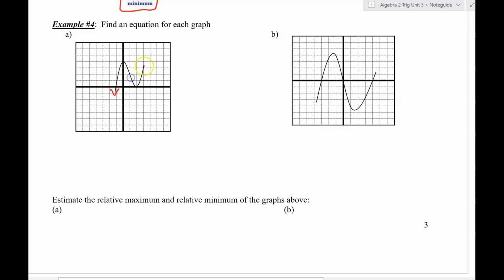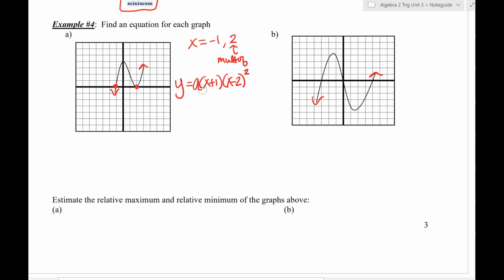We're going to write equations for what's here. You're going to do this on the homework, but on the homework we're not going to ask you to be specific about the a value because the graphs are a little more complicated. Now I'm going to pick out the zeros first. I see that I have a 0 at -1 and at +2, and at +2 it has a multiplicity of 2. This is going to give me factors that I expect my equation to have a factor of x plus 1 and a factor of x minus 2 raised to the second power because of that multiplicity of 2,